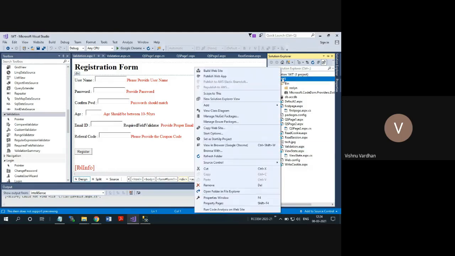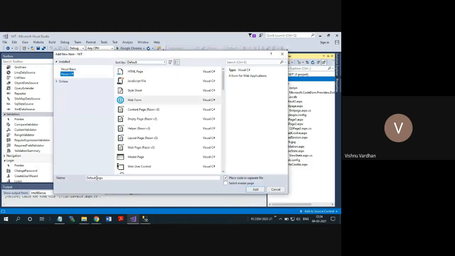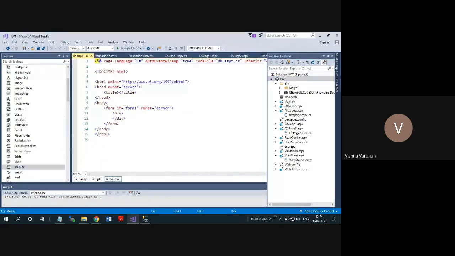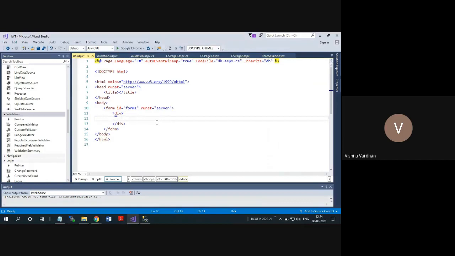Let us first take a new blank page with the name some DB. So db.aspx is the name of the web form that I want to create. On the right side, you can see that it is created. At design time, you cannot see anything because it is entirely empty.